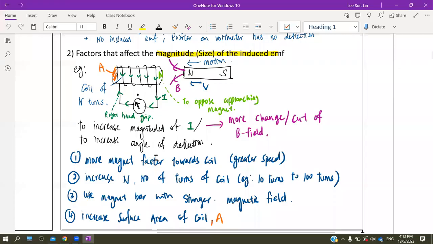So here is a list of the effects that will change the size of the current inside the coil. Number one, you can move the magnet faster so that there are more lines cutting through the wire. Number two, you can increase the number of wires or number of turns. Number three, you can use a magnet bar that is stronger. Or number four, you can use a larger